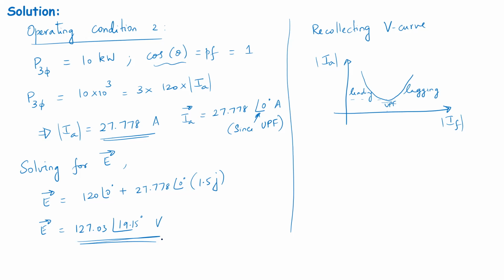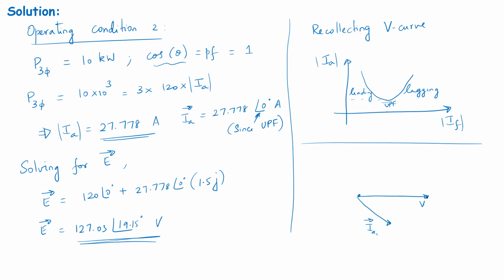Does this make sense? We have to draw, or we have to reconsider. Say earlier the machine was operating in lagging power factor condition. So if I draw the power factor phasor diagram for the lagging power factor condition, my voltage phasor, which is the reference, has not changed because this is the infinite bus voltage, stays here. Initially the current, IA1, was lagging. So this is IA1, let's say, as a vector.